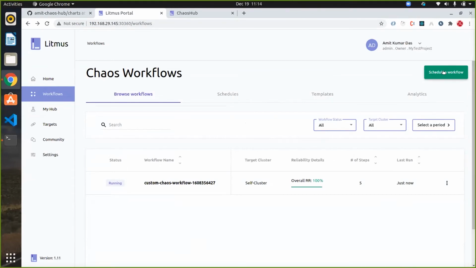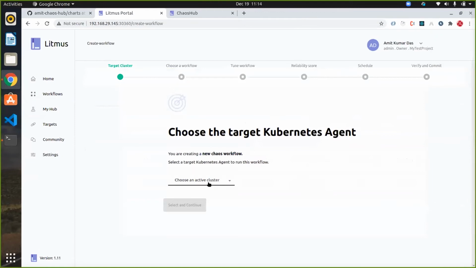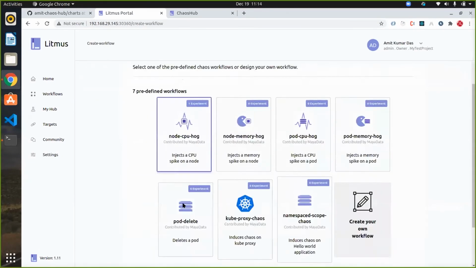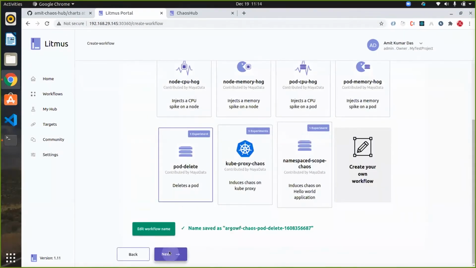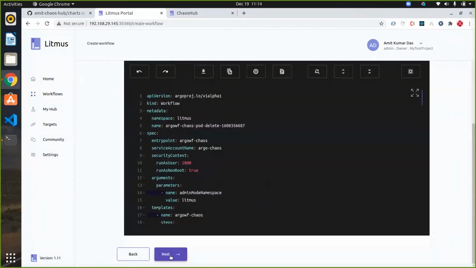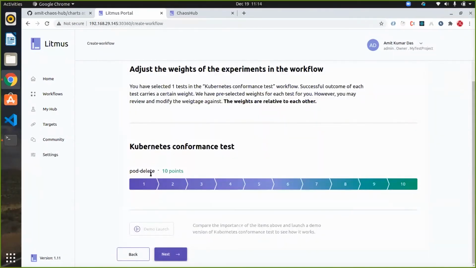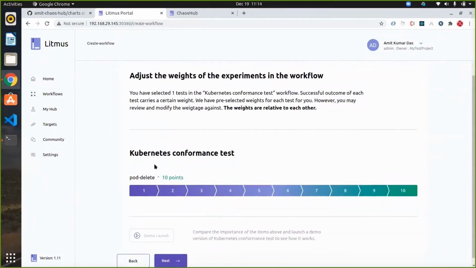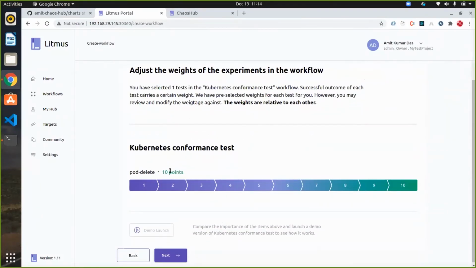Yeah, sure. So let me select one of the experiments. We have given some tests in this experiment, and we can select different points over here. These points will be calculated with the probes.